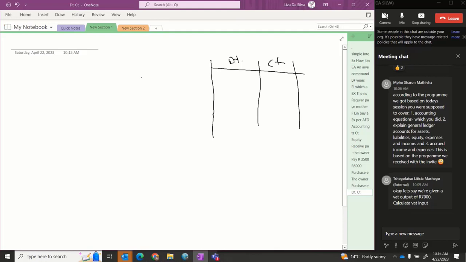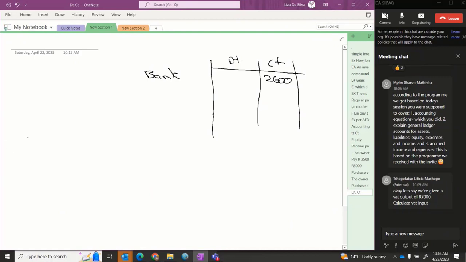I'm just going to do one at a stage. Say they give you a bank of 2,600, and they say in the adjustments, that's a trial balance. I'm not going to write down everything, but they say